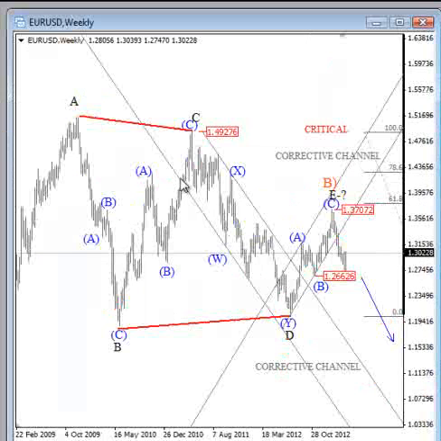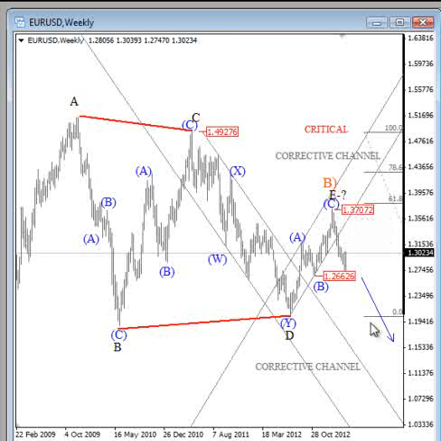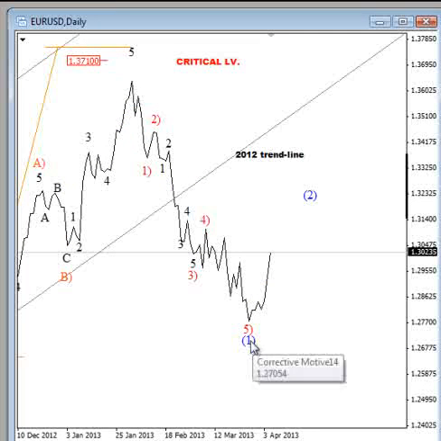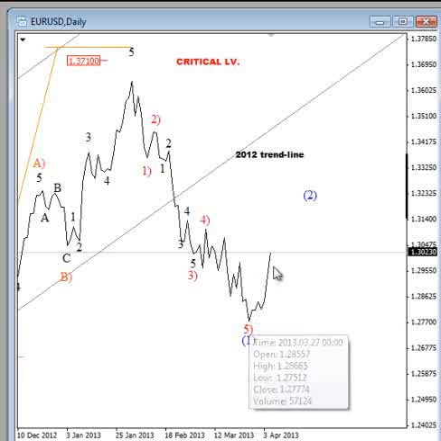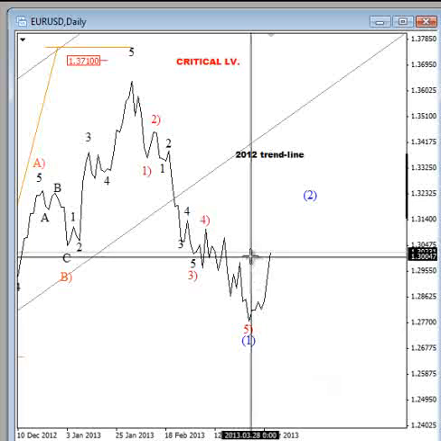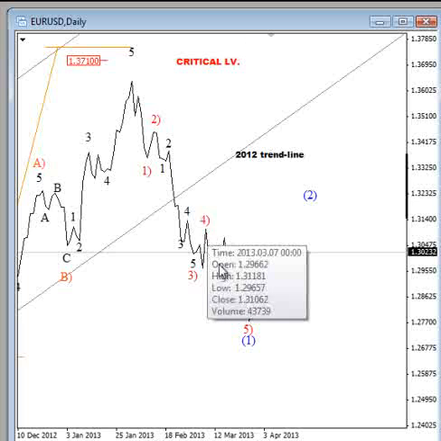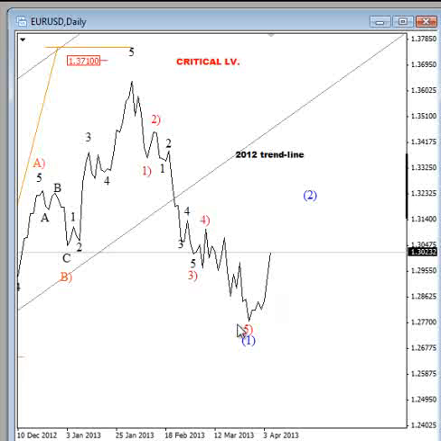On the euro dollar weekly chart, as you know, we are looking down from this wave E peak after a three-wave rise from the 2012 low. On a daily chart, we were tracking a five-wave decline in wave 1. This wave 1 now appears complete after this sharp reversal from yesterday's lows. We also can count minor five subwaves within this red wave 5,